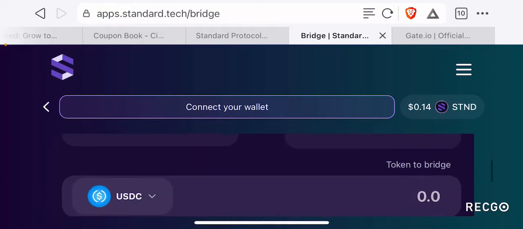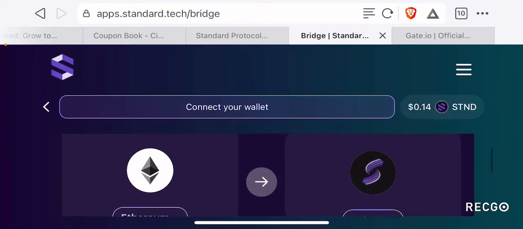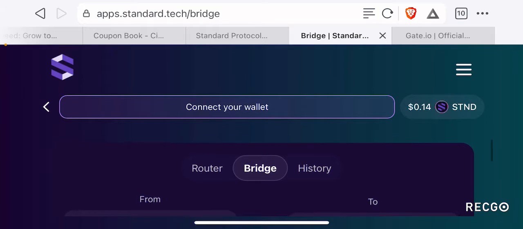Shiden is, if you guys don't know, a Kusama-based parachain on the Polkadot ecosystem, and it is a sister project to Astra Network. If you don't know what Astra Network is, I covered Astra Network in detail a few months ago, and you can watch that video on my channel, right? So Shiden is a pretty popular and fast-growing network on Kusama, and a lot of projects are building on top of it,